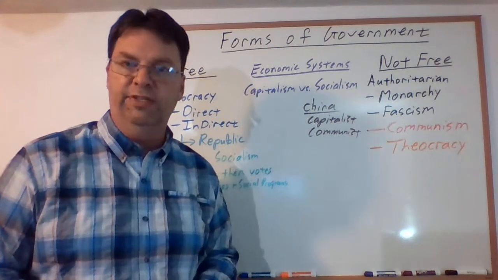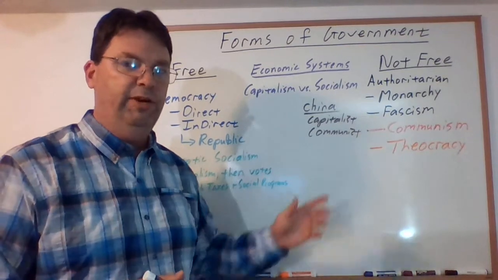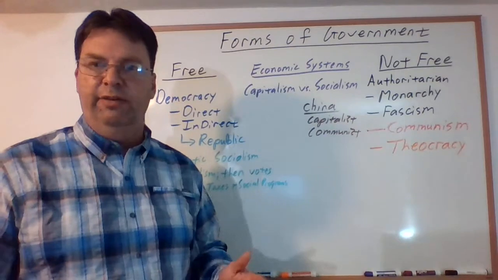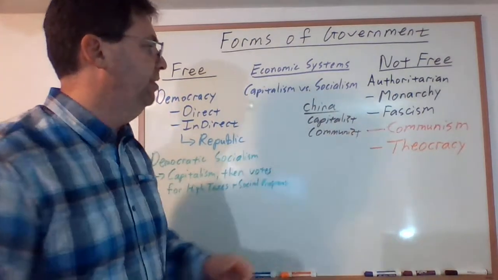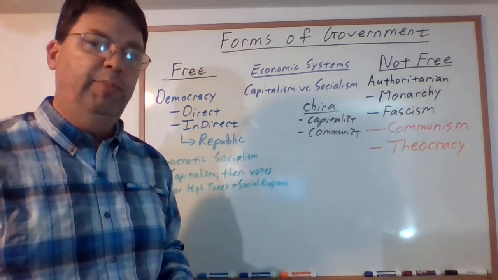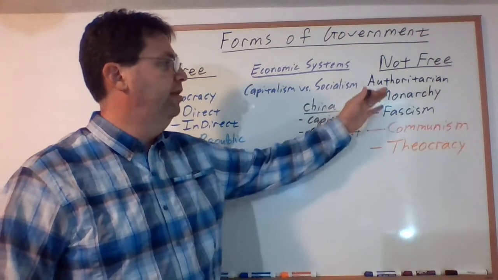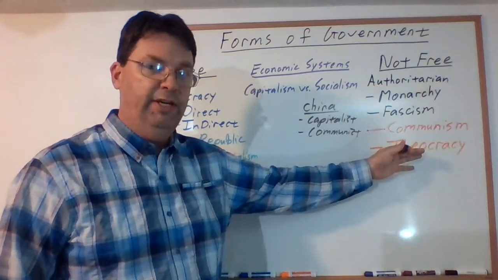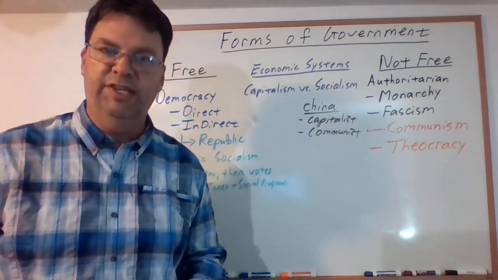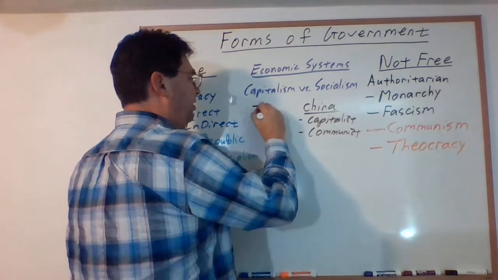Deng Xiaoping was his name, and after spending some time in prison because he said, hey, this is the way we need to go, things were falling apart, and they took him back out of prison and said, okay, you think you got the answers? Let's try it. So he said, we're going to keep our communistic function, but we're going to open up our economy and make it capitalistic. So in China, you have a political system that is communist, but a capitalistic economic system. And almost nowhere in the world does that happen. So that's quite unique. The other very unique one is India.